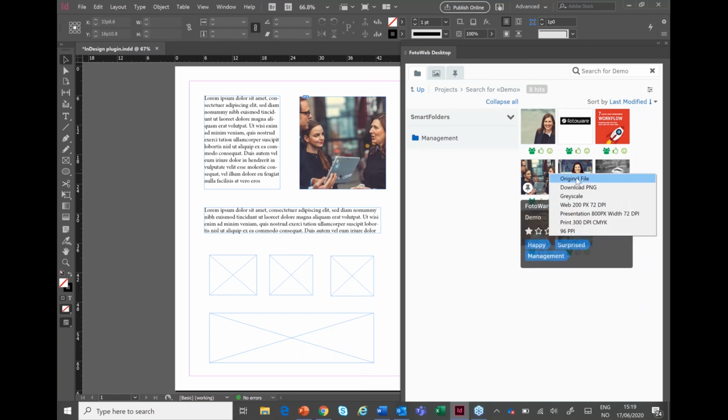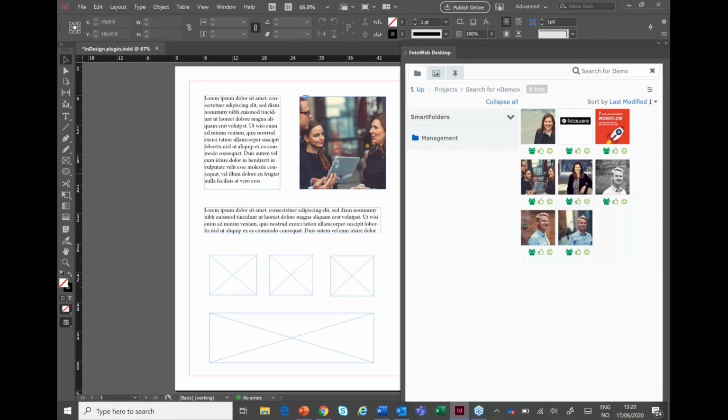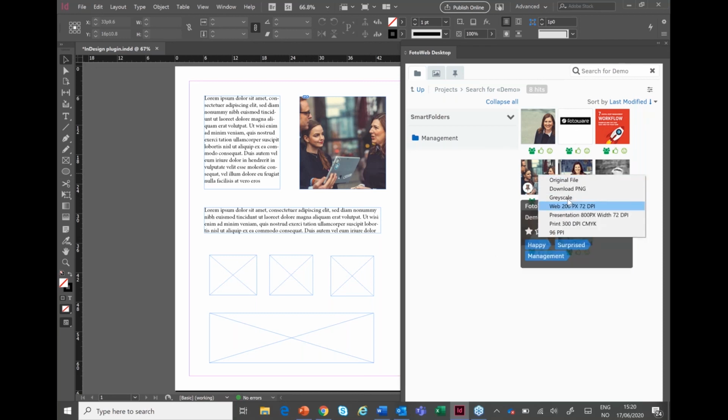I can also set up different alternatives, different ICC profiles, depending on what is going to be the output of this InDesign file. Is it going to be a high resolution PDF for print, or is it only going to be used digitally? So here you have some alternatives that you can set up for the final version of the document. So for this demo, I can, for instance, also process this to a grayscale